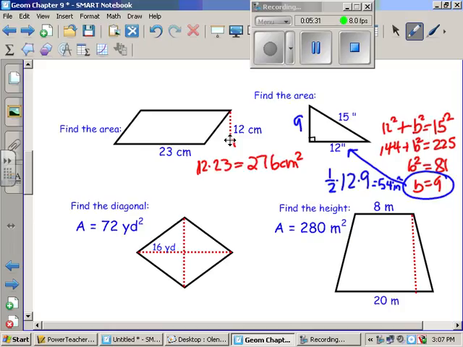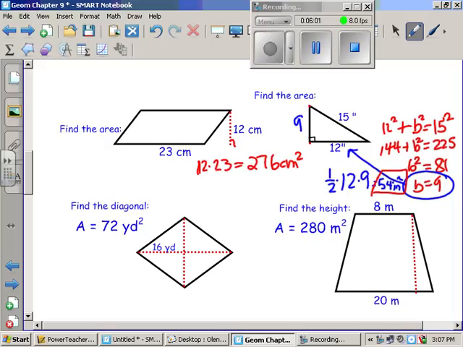Now this one is a little trickier, but then again we're in honors. You've got to find the height. Remember, height's from the top of the shape perpendicular to the ground. So you've got to find this by using the Pythagorean theorem. I did a squared plus b squared equals c squared, and I solved, and I got that b is equal to 9. And then I plugged it into the 1/2 times base times height formula, and I got 54